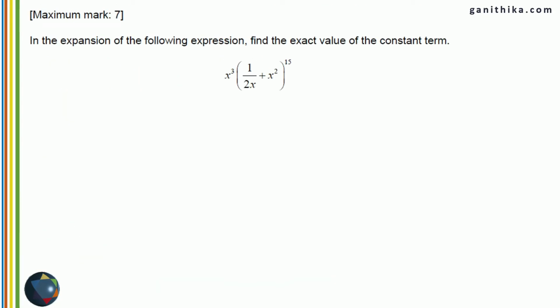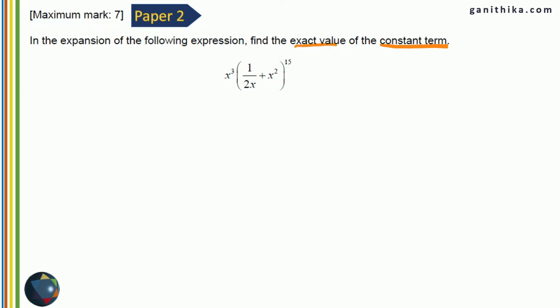Let's proceed to the next question, which is for 7 marks, paper 2 for standard level. Let's proceed with the question. The expression looks a little bit complicated. X cube times 1 over 2x plus x square, to the power of 15. There are 2 factors in this expression. X cube is one factor, power of 15 is another factor, but we are asked to find the exact value